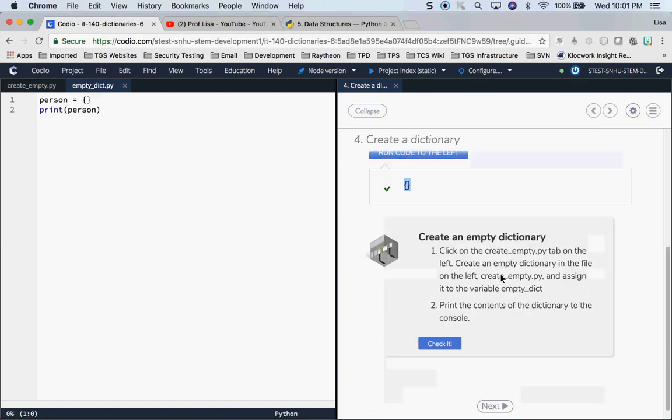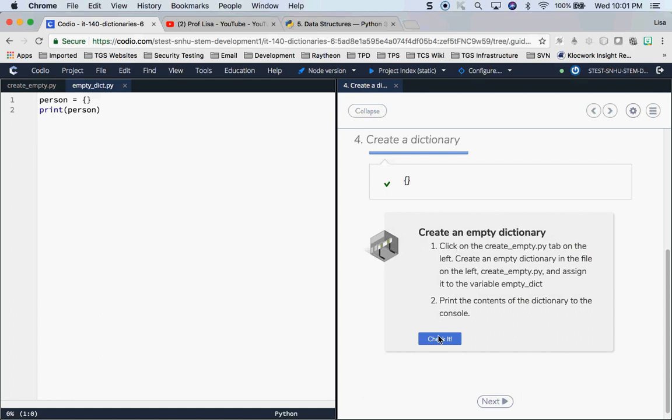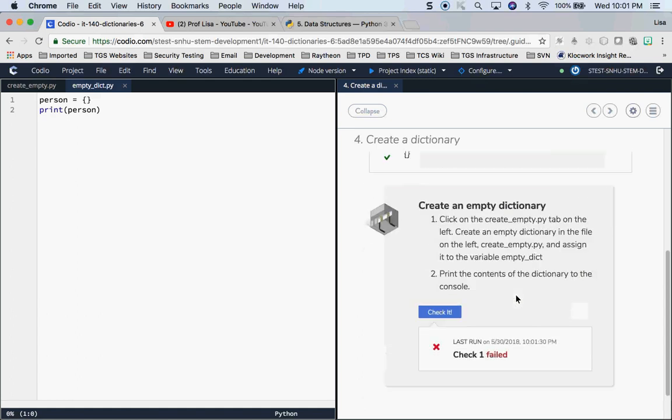And there won't be anything in them. You don't have to worry about that. So